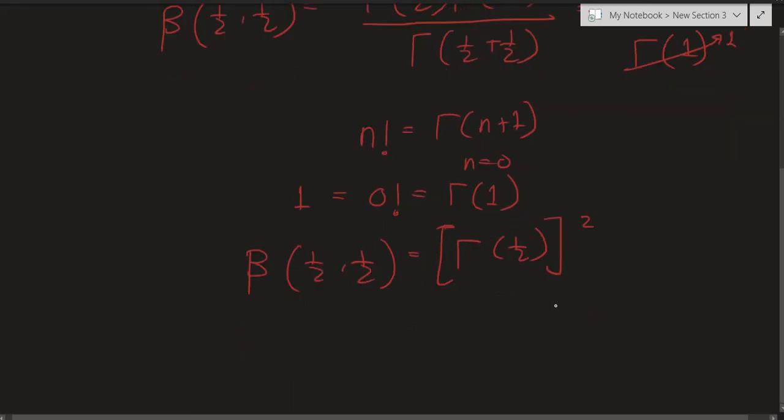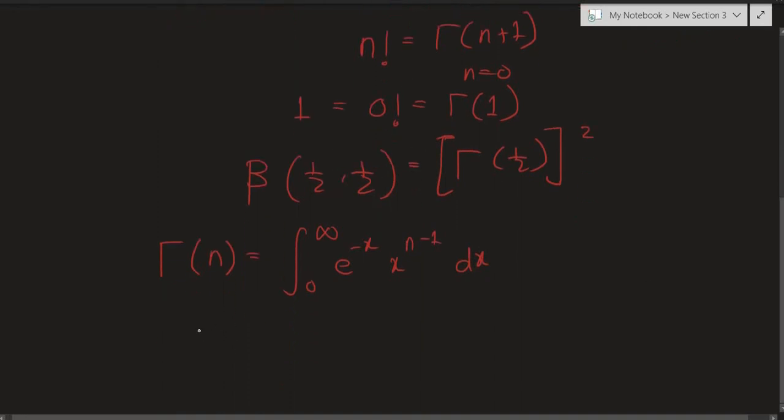But how does this relate to our Gaussian integral, you may ask? Well, let me remind you that the gamma function, say gamma of n, is equal to the integral from 0 to infinity of e raised to negative x times x raised to n minus 1 dx. So to obtain gamma of half, we plug in n equals half, and we get gamma of half equals the integral from 0 to infinity of e raised to negative x times x raised to half minus 1, which is negative half, dx. Now we can write this as a square root, integral from 0 to infinity of e raised to negative